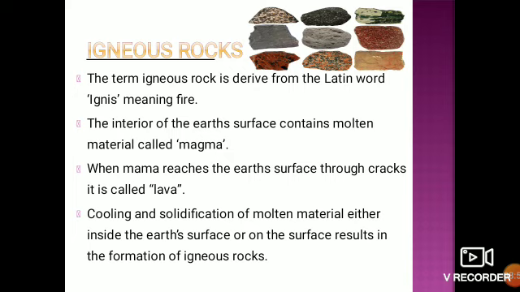Basically, we obtain igneous rocks through volcanic eruptions. Igneous rocks are also called primary or basic rocks because all the other rocks, directly or indirectly, have been formed from them. They altogether make a large percentage of the earth's crust. Igneous rocks are found either below the surface of the earth or above it.